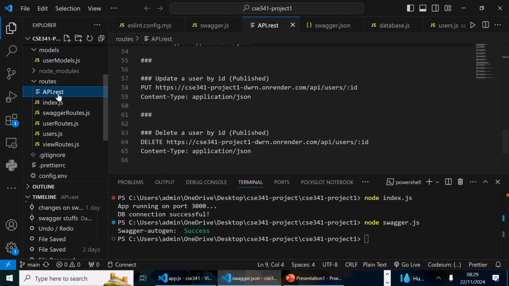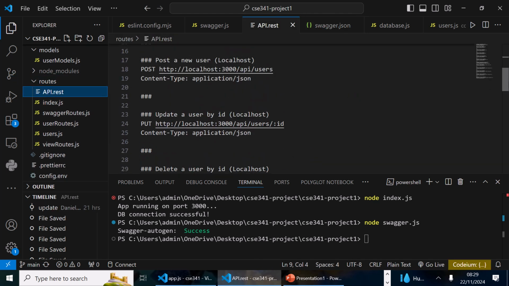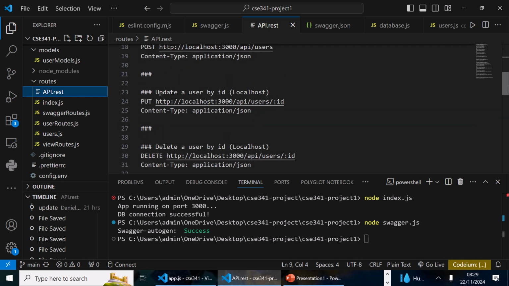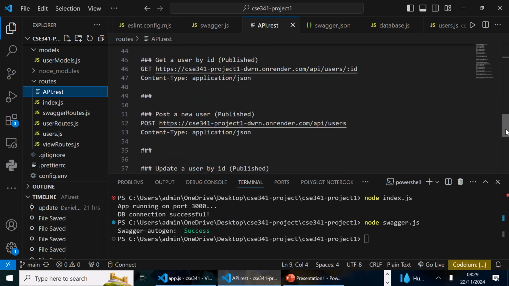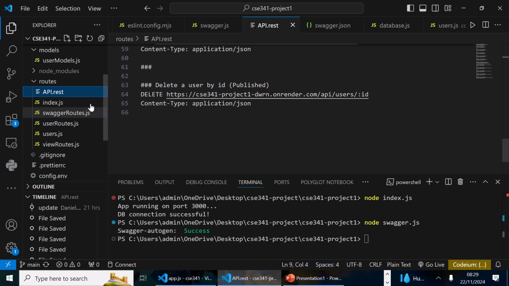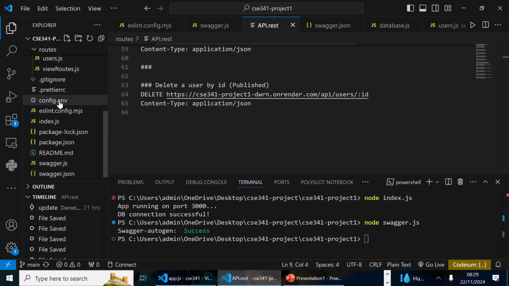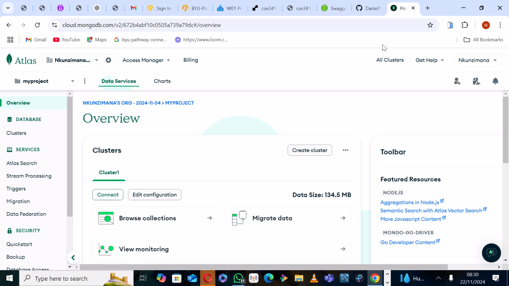Here you can see the api.rest file, where you can access my links related to what I've created. And also here is config.inf, and it is already published. Here there is a swagger.json and swagger.js, so we are going to see how all of this is working. I'm going to demonstrate